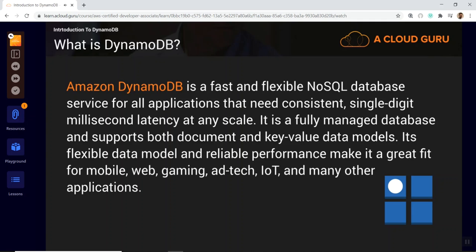It has a really flexible data model, so that means that you don't need to define your database schema up front, and it has really reliable performance as well. And all of these attributes make it a really good fit for mobile, gaming, ad tech, IoT, and many other applications. And DynamoDB is also serverless. It's fully managed and it can be configured to auto-scale. It integrates really well with Lambda, and it's a really popular choice for developers and architects who are designing serverless